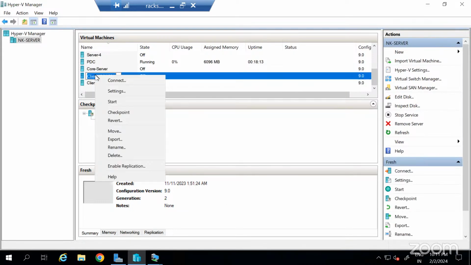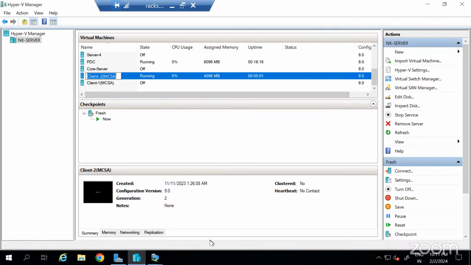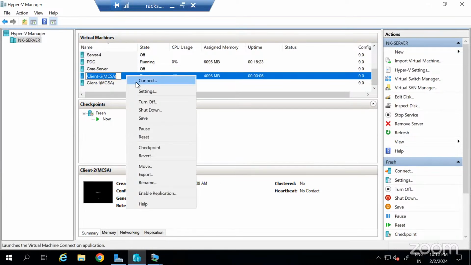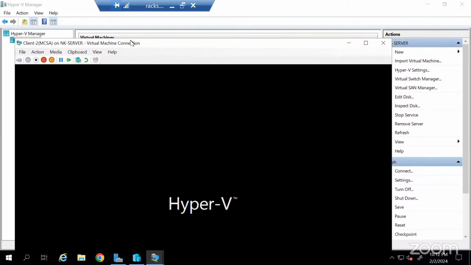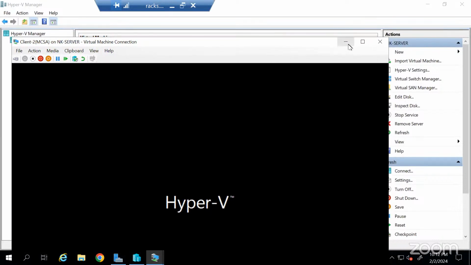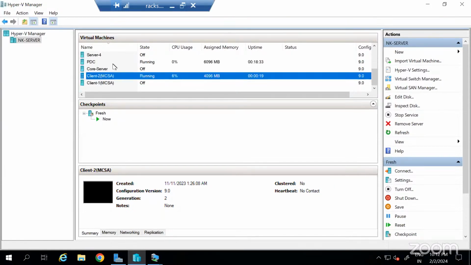First of all, let me start the machine. I will be able to access the website on all of these machines because they are configured with private IPs and connected to the same network.